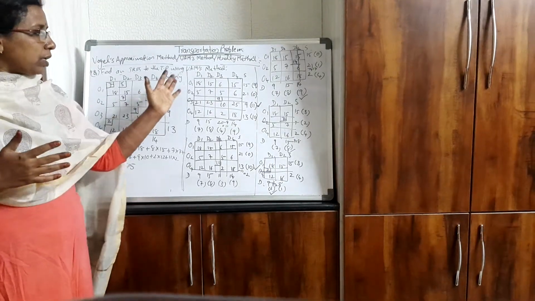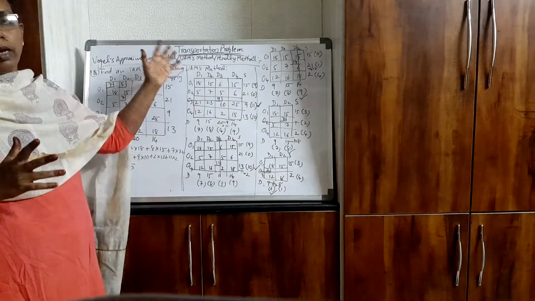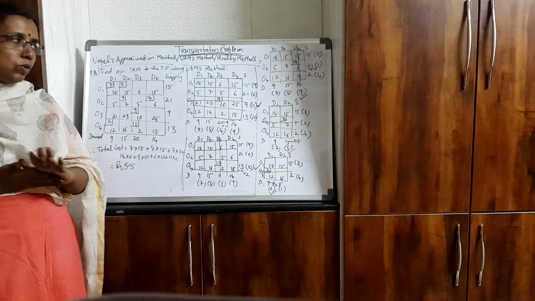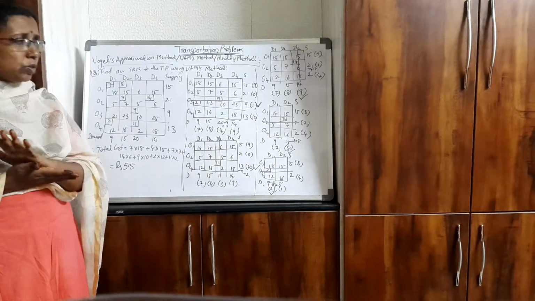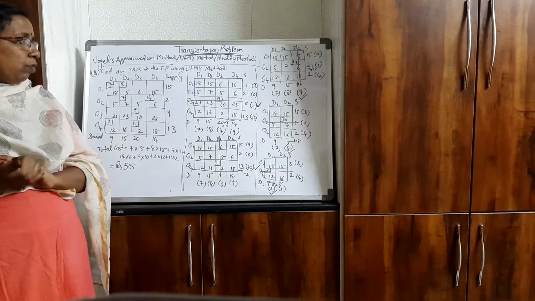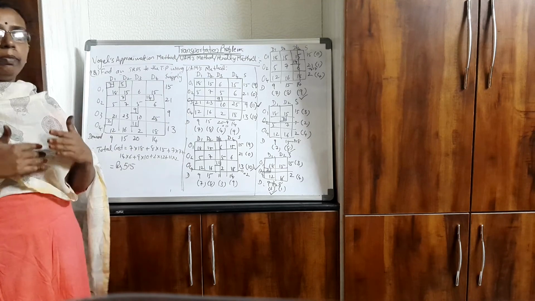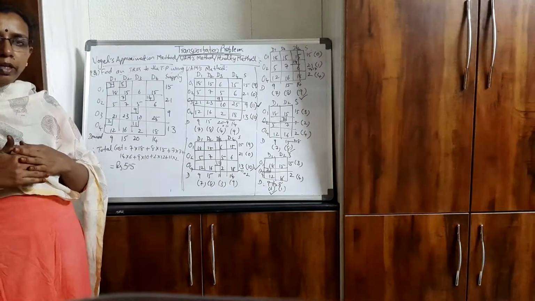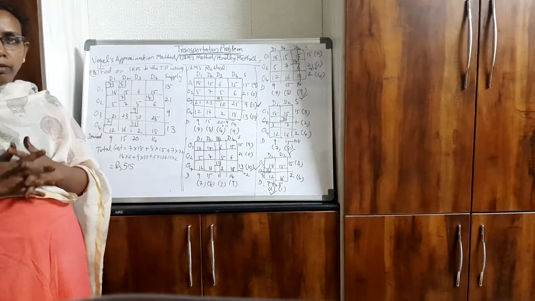Because we are considering the two minimum values, this is known as the approximation method to calculate the initial basic feasible solution of a transportation problem. Hope you understood this procedure. Once you try to solve the problems on your own, it will be clear to you how to calculate the penalties and how to make the allocations. The more you solve the problems, the easier the procedure will become.